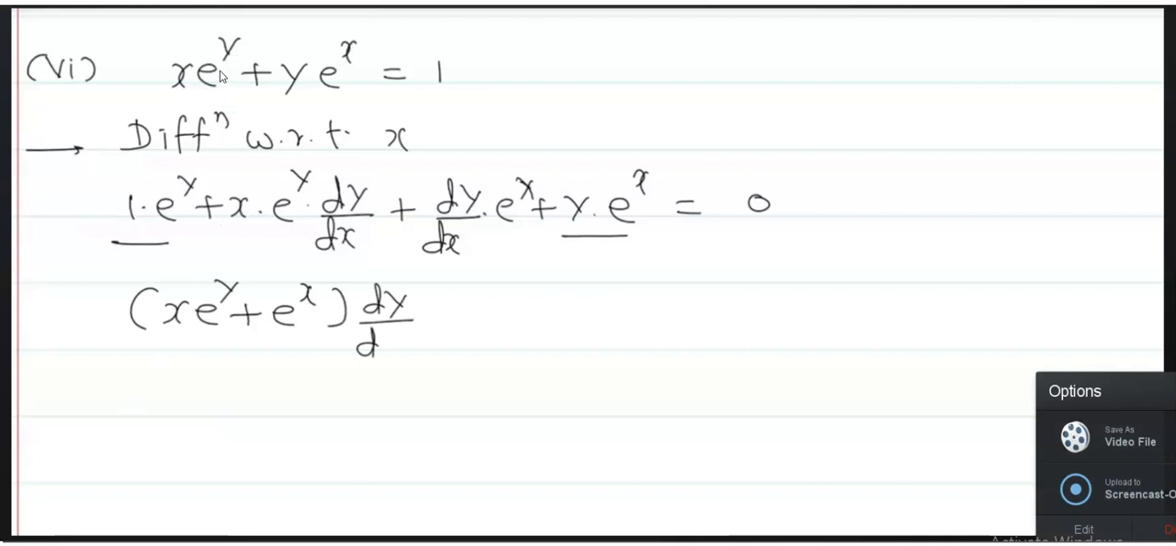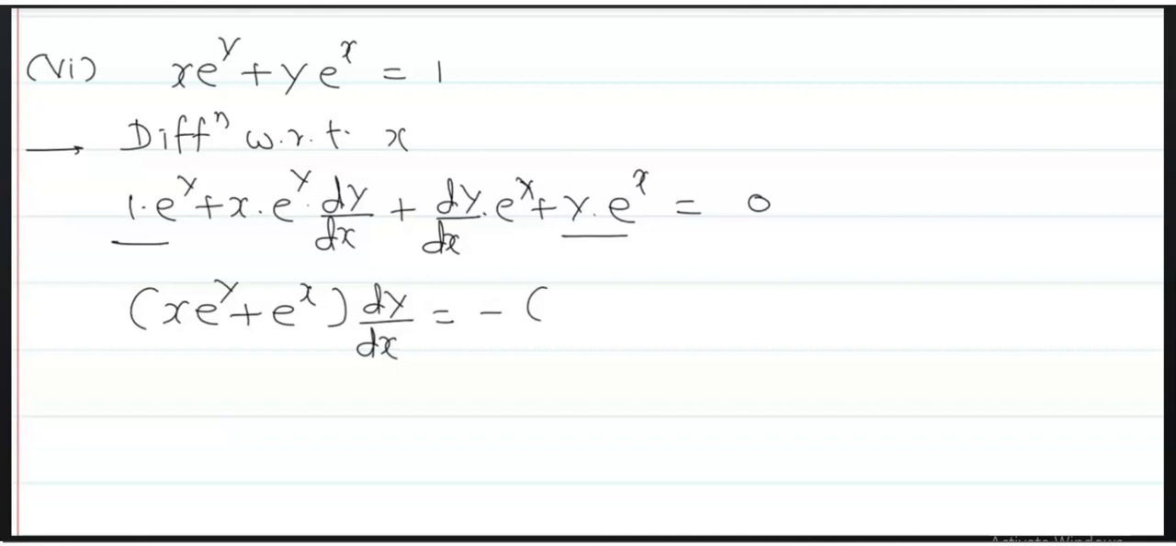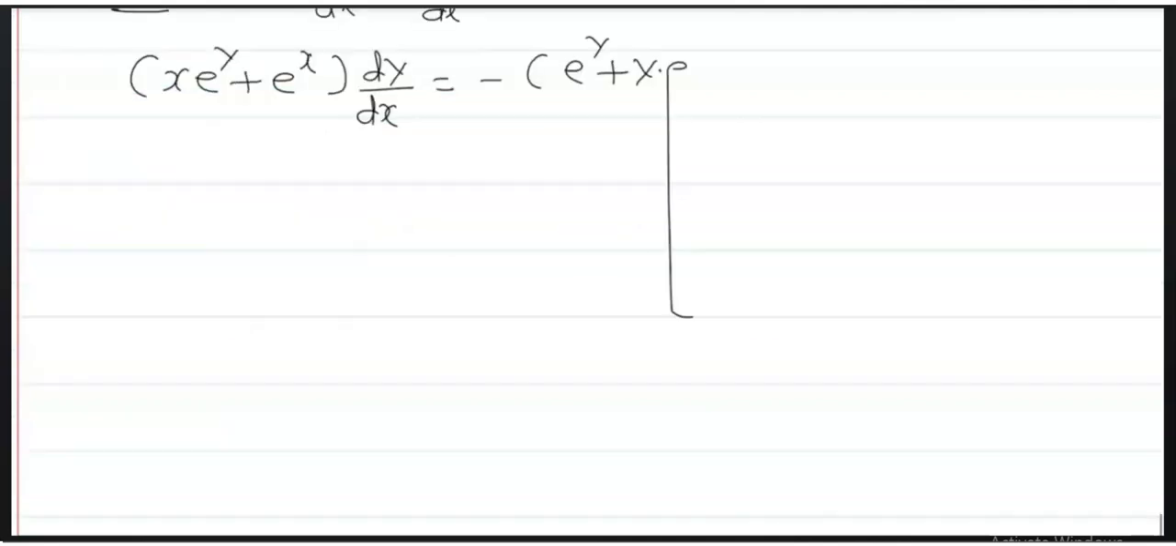x as it is, derivative of e raised to y is e raised to y into dy by dx, plus y into e raised to x. Derivative of y is dy by dx, keep e raised to x as it is, plus y as it is, derivative of e raised to x is e raised to x, and derivative of 1 is 0. Take the terms of dy by dx as common, that is x into e raised to y plus e raised to x into dy by dx is equal to minus e raised to y